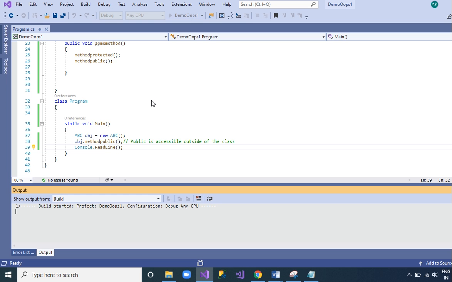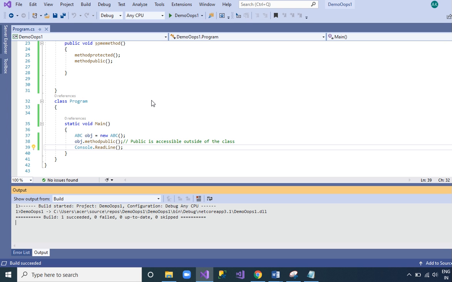So one thing we have understood: public can be accessed inside the class and outside of the class. Private and protected are not accessible outside of the class by using the same class object.